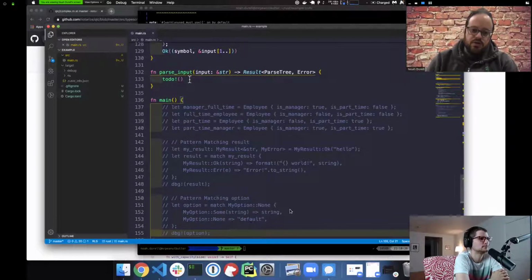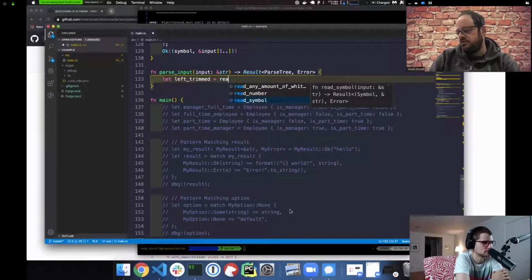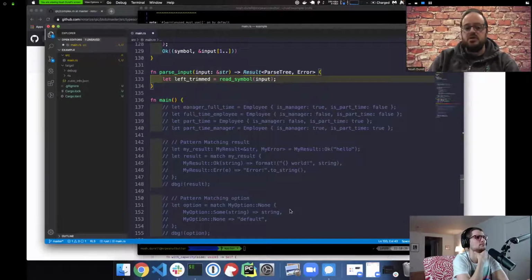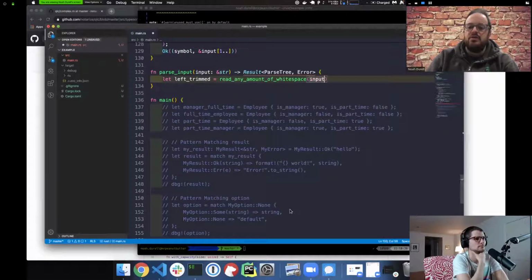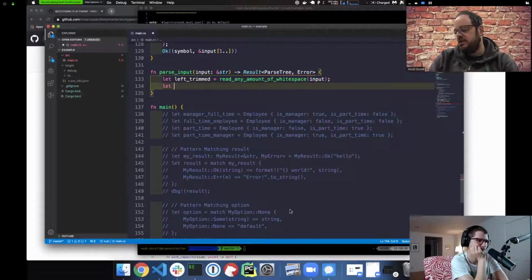So we'll start with, again, this could have some white space at the beginning. So on the left side, if it's trimmed, read any amount of white space, input. Except I didn't call the right function, so that is a problem. All right, there we go. Cool. And then we're gonna get